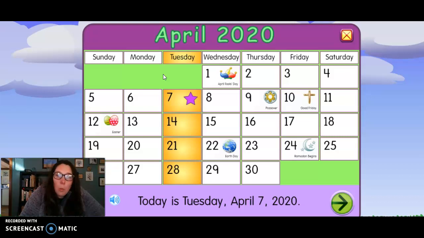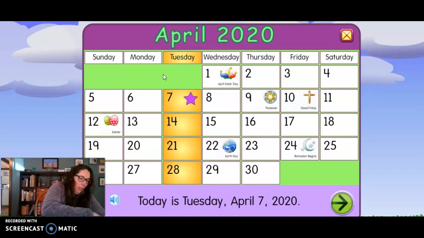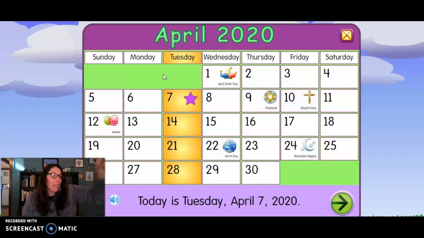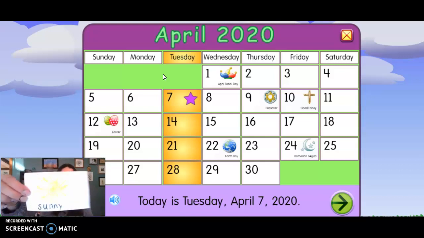So let's do Weather Watcher, okay? Let's do Weather Watcher, Weather Watcher. What do you see? What do you see? Tell us what the weather's like. Tell us what the weather's like. Won't you please? Won't you please? All right, in Northbridge today, I can see the window. It's right past my computer screen. In Northbridge today, the weather is